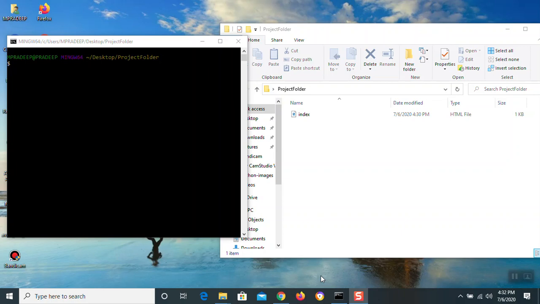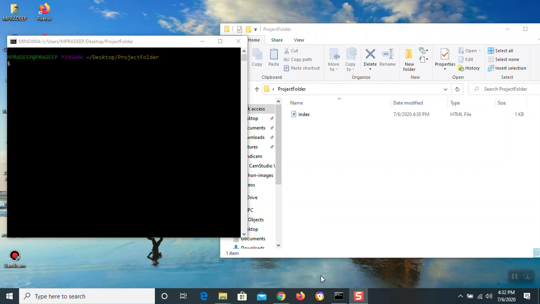You see right here in my programs directory, I have my project opened up in the terminal. Make sure that you're in the proper directory in your terminal. If you open up my project, you will see I just have an HTML file that has a bunch of random lines of code. What we want to do in this video is initialize a Git repository in the project folder so that we can track all the additions, deletions and changes that we make to this folder. In order to do that, it's very simple.